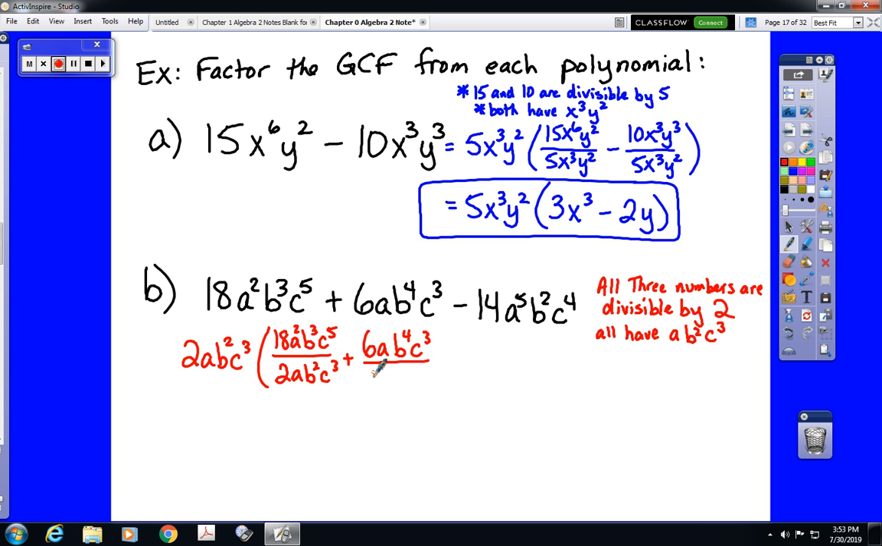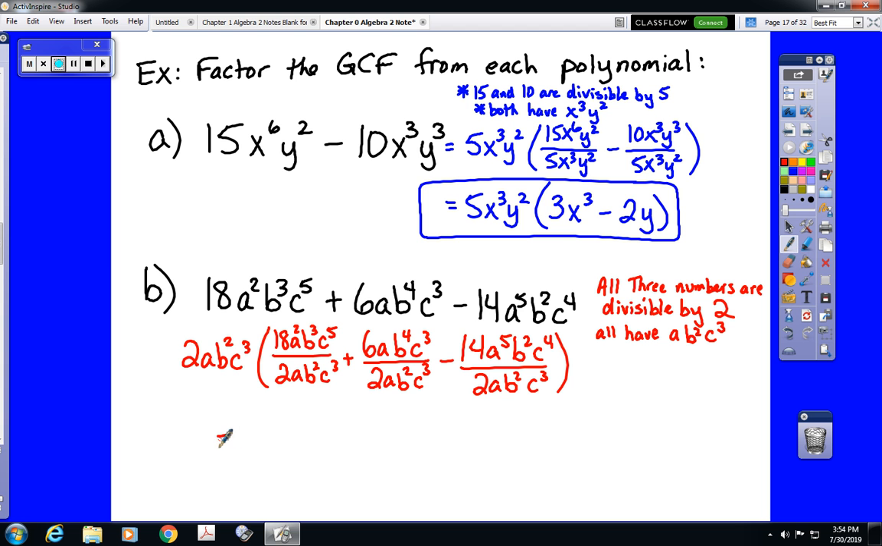And eventually you might get good enough at this that you don't need to write this step out every time. But until you prove that to me, I would expect to see this step every time. So that's what we're going to do. We're going to divide each term by that,